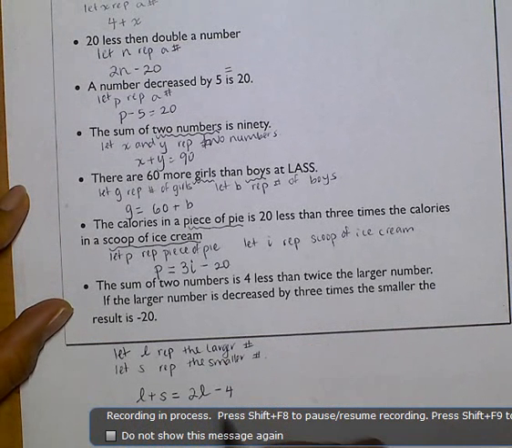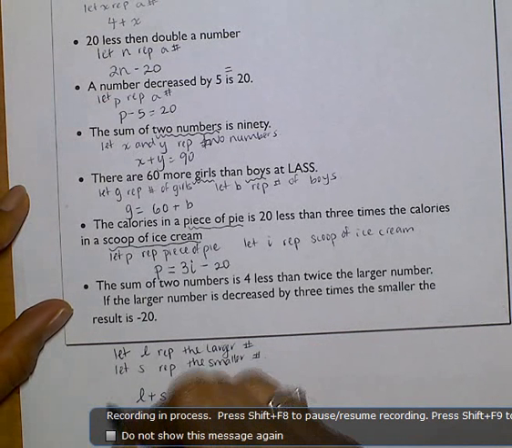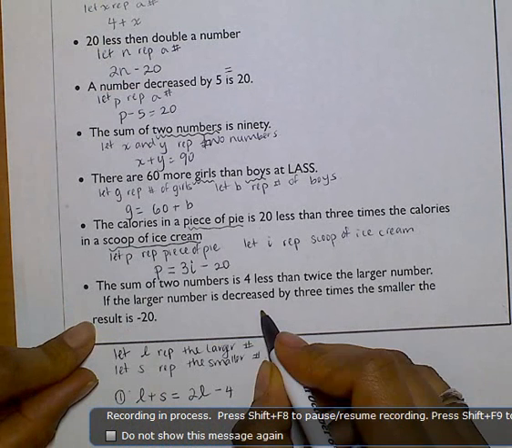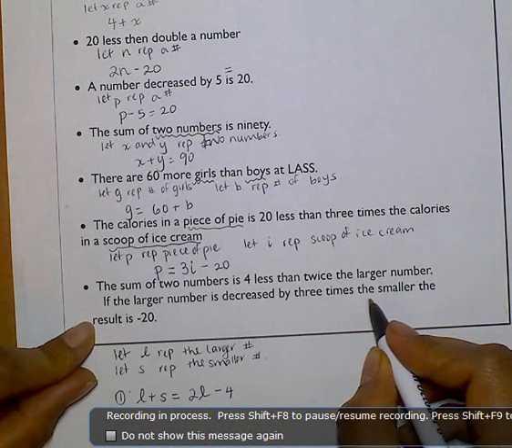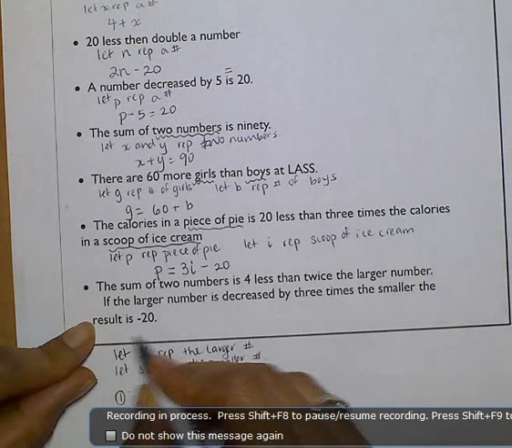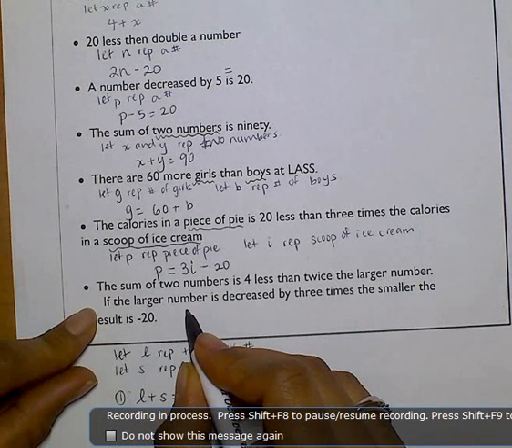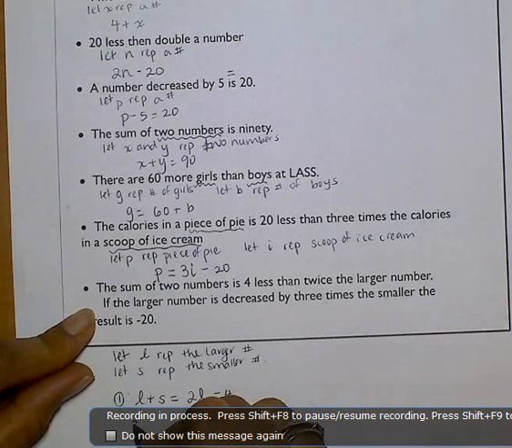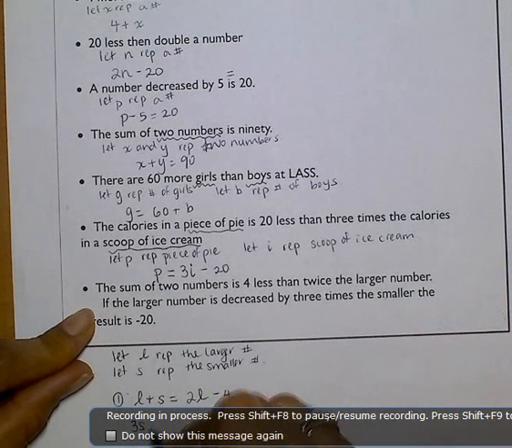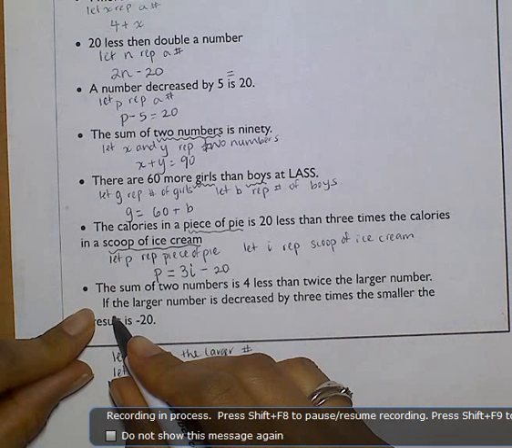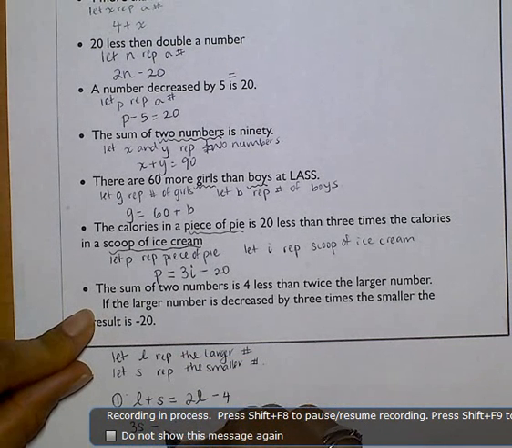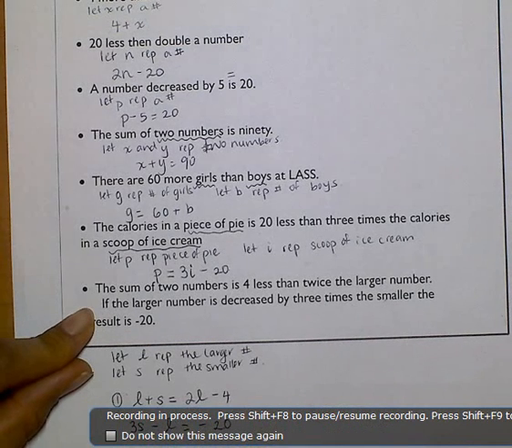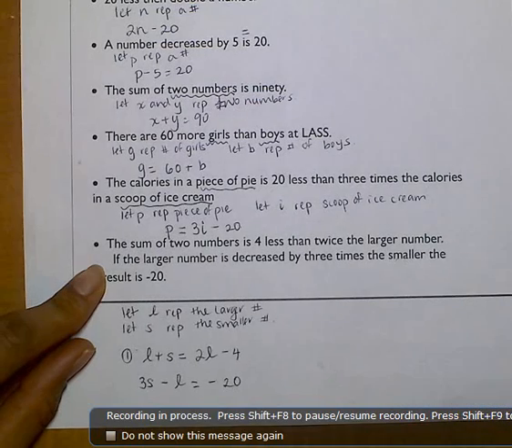It says if the larger number is decreased by 3 times the smaller, the result is minus 20. So the larger number is being decreased by 3 times the smaller number. So I'm going to start off with 3 times the smaller number and decrease the larger number from it, and my result is going to be minus 20. So in this case, there are two parts to that equation. There's the first part, which is basically just the first sentence, and the second sentence is represented by